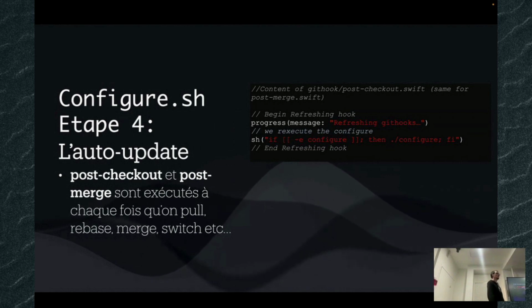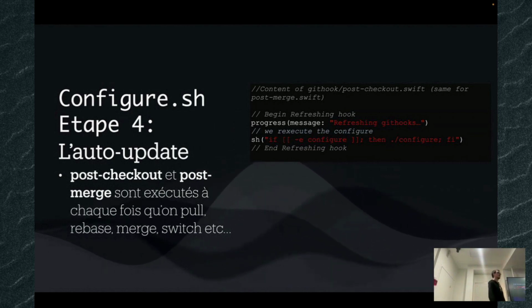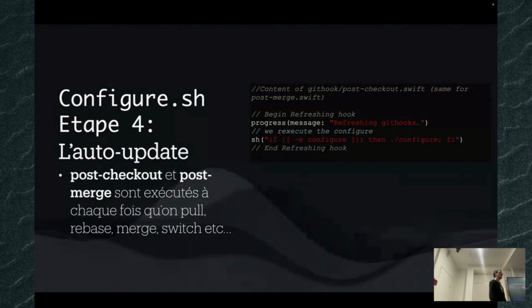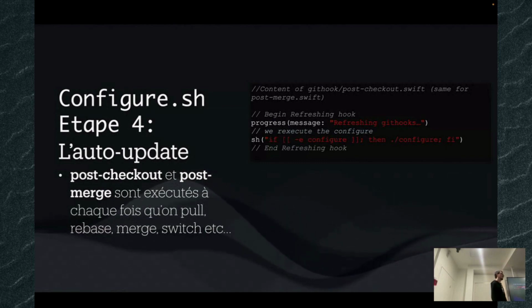I have a question. I have a case where we have multiple repositories and each one has its own version of Git. So how can you ensure sharing the same Git hooks for the multiple repositories? You already shared with us how to ensure the same version for one repository, but how can we do it for multiple repositories?